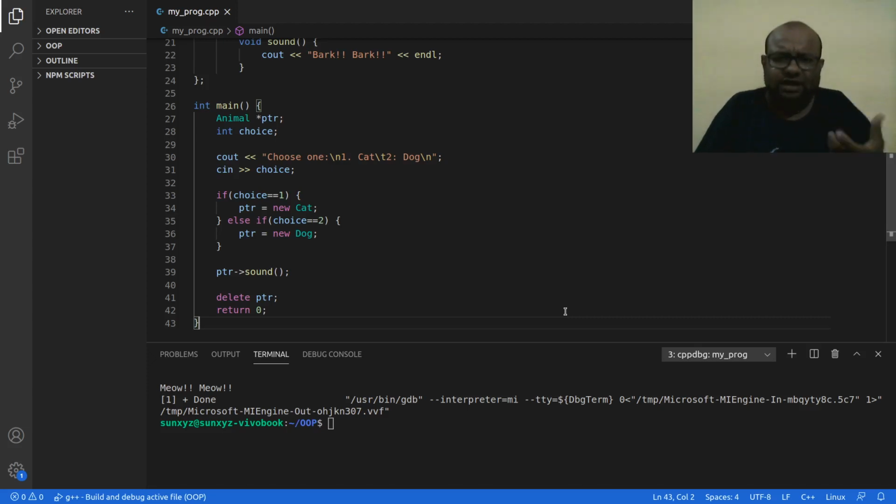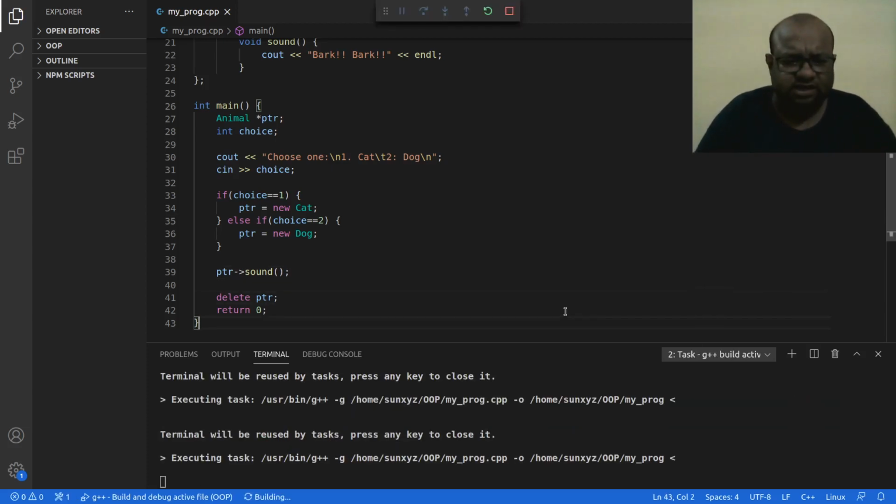Animal class is the parent class. So the parent class has this sound method, and the sound method is anyway going to be inherited by both cat and dog. So I know for sure the sound method is going to exist. So line number 39 is not going to give me any issue, that I know for sure. Now let me go ahead and run this program.